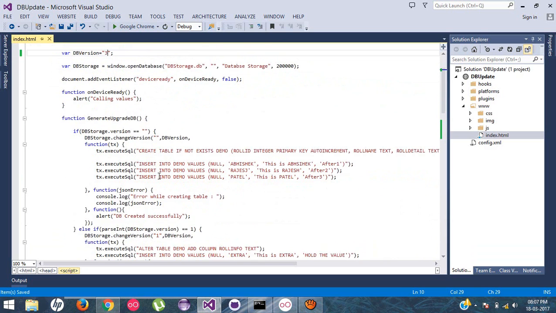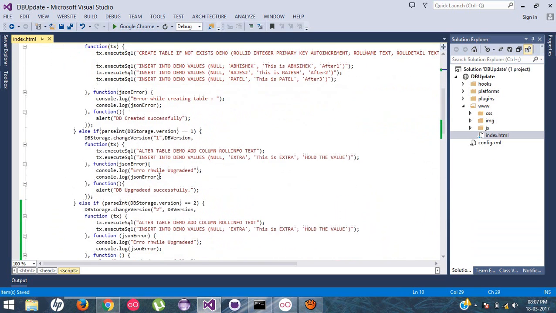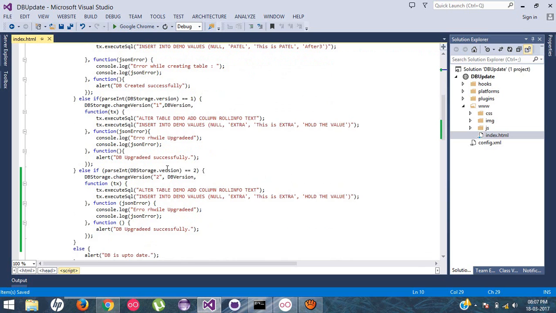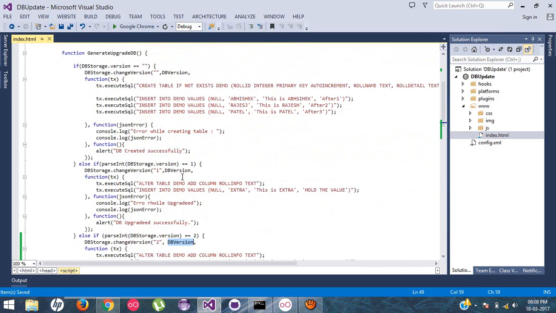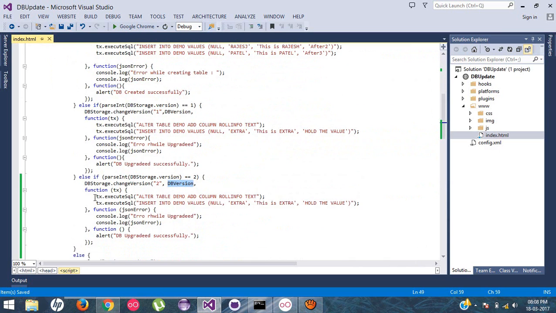Okay, because we are releasing a new application. So if you run the application, it will come here. The existing database version was 2, and currently we are going to replace version 2 with the new one, that is 3. Okay, and now here I'm going to add one more column by a simple SQL statement: alter